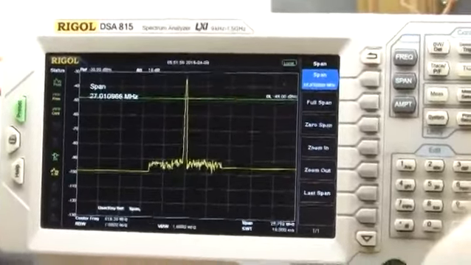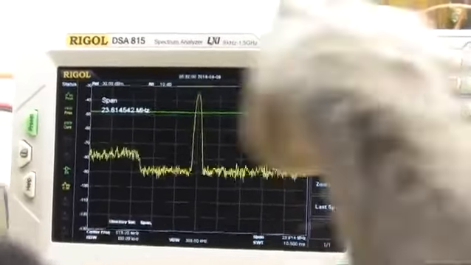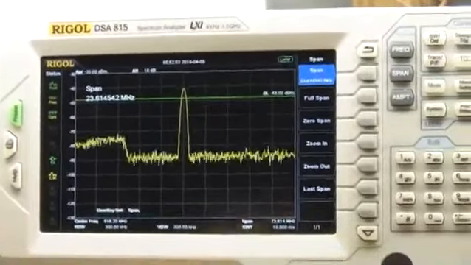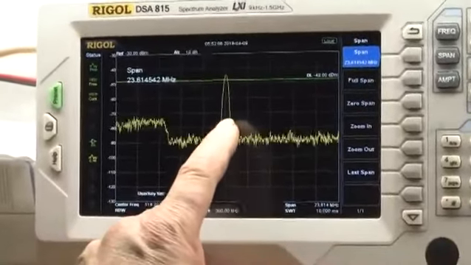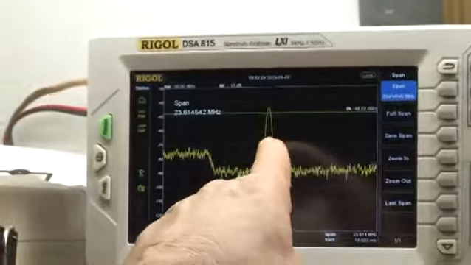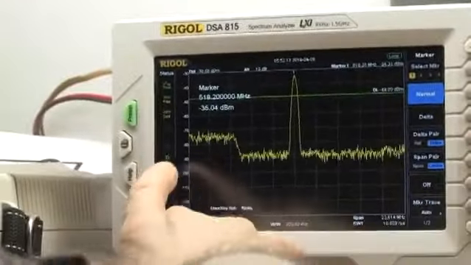Let's see what we're doing here. But I think, you see this fundamental right here? Pat, there's something here that the antenna is picking up. So if we mark that, what it is